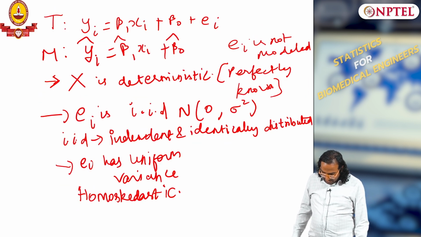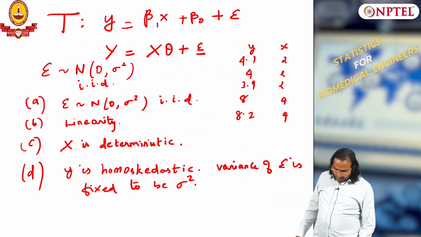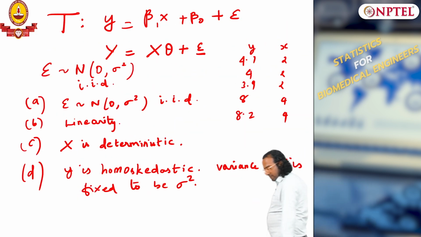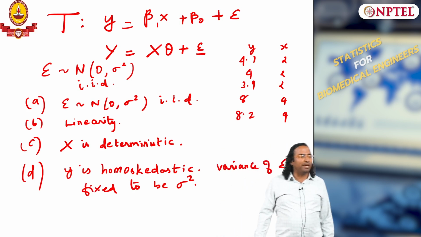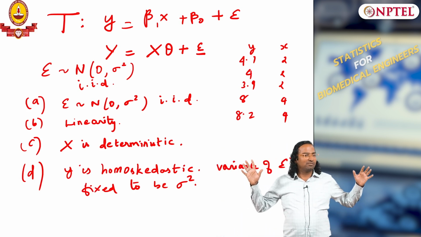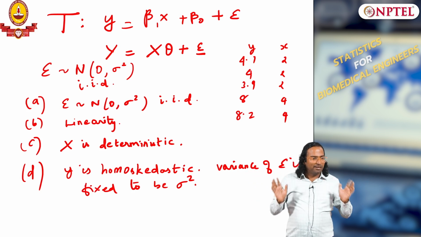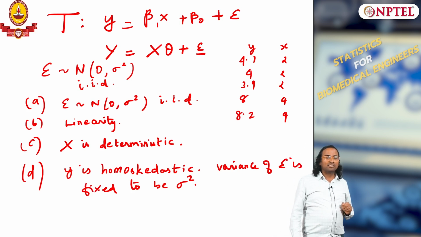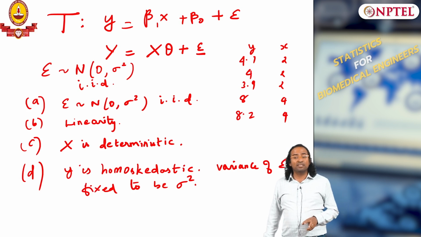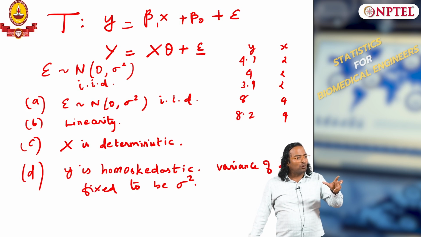So what else did I have? I think this is what I had, and then we have linearity. The moment you take in non-linearity, you open up a big box: non-linear regression and all of those techniques. Here we assume only a linear relationship, and x is deterministic. This is very important. I do not assume noise in x, that is, the input is completely controlled.